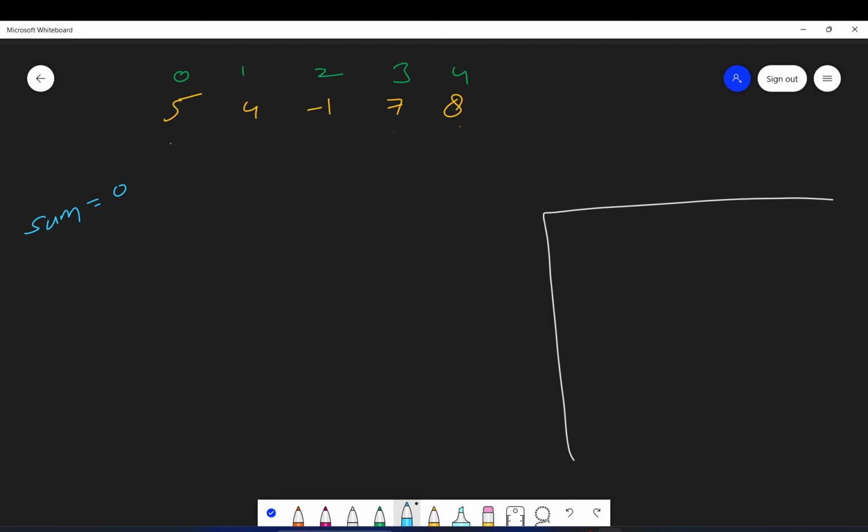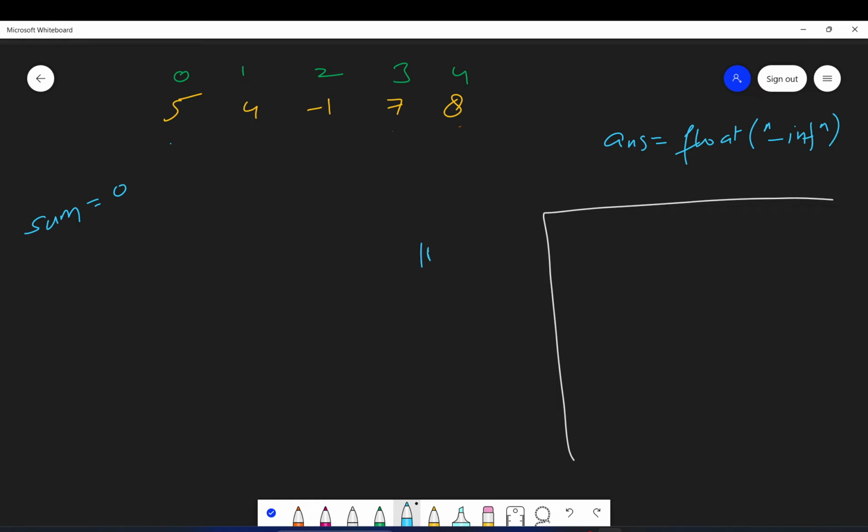And we will have a variable answer, which will tell us the maximum subarray sum at the current point of time. Whatever is the maximum sum at any point will be stored in the answer. Initially we will give it a value of float negative infinity.